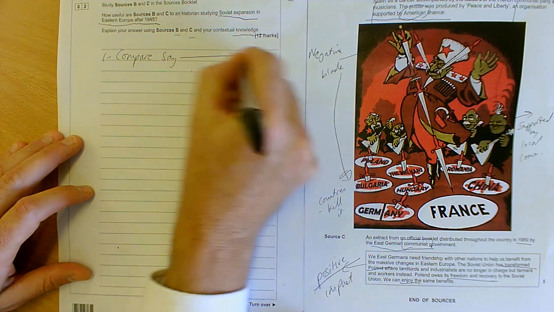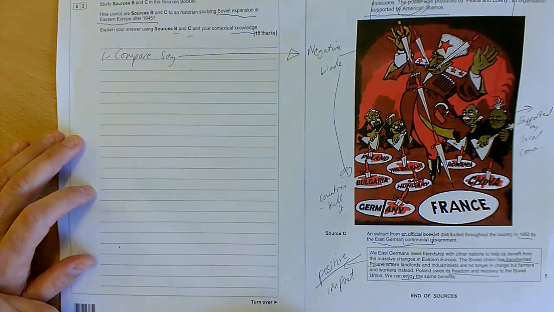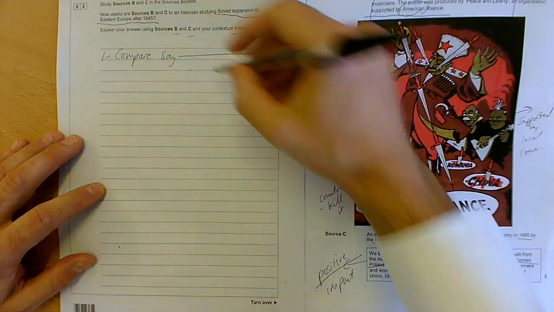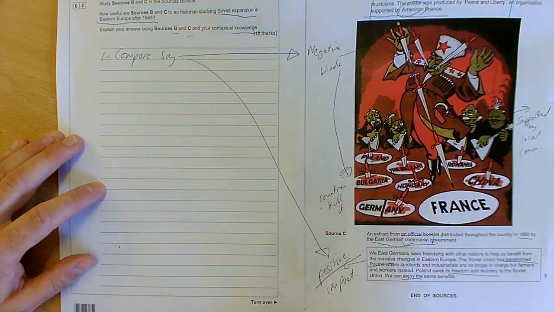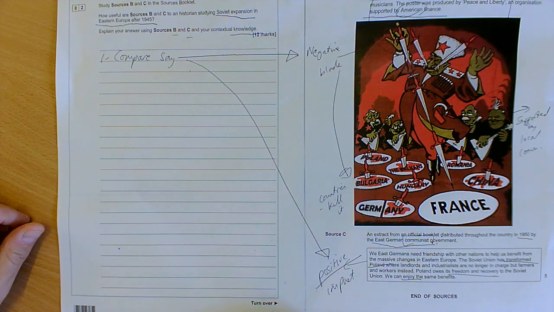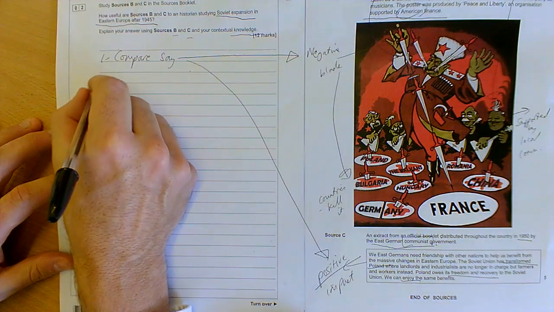And that would be, the first one is a very negative impact of the expansion, whereas the second one is a much more positive impact. You'll pick up marks just for recognising that they're very different. Now, in a how useful question,